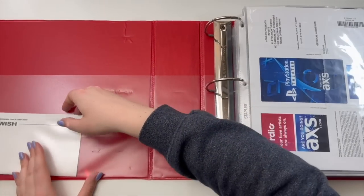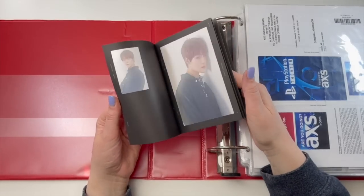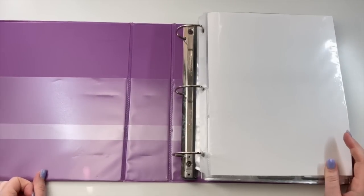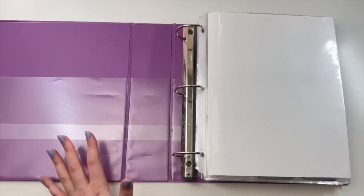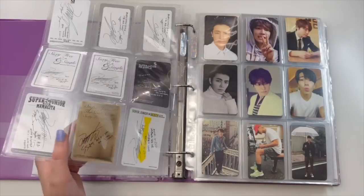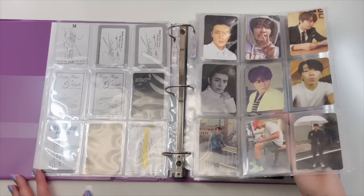Also, who does this belong to? This is Jungjoon's booklet that I keep in here. This is one of my neglected collection binders. So this is my Donghae binder. I do collect Donghae from Super Junior. He was my first alt bias in K-pop, and so I collect him. I still like him a lot. I still follow him. I just don't really collect Super Junior like that anymore, but I do really like Donghae